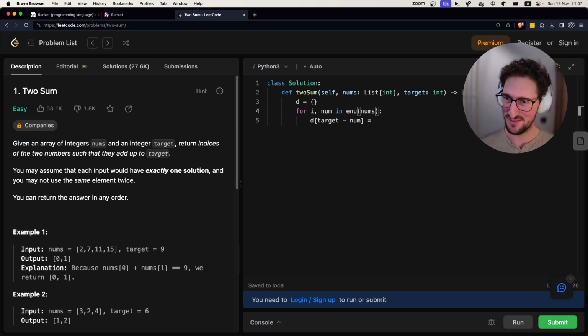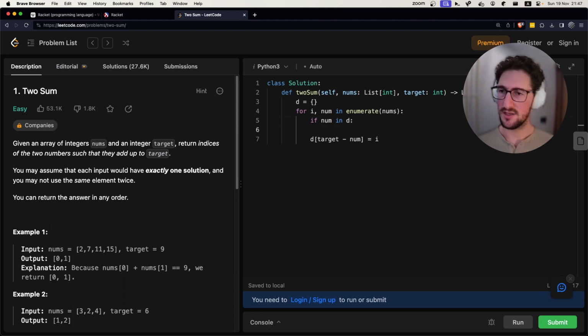I want the bare bones enumerate, and now we've got that. So to sum, and then if we now have the number in the dictionary, then we can return I